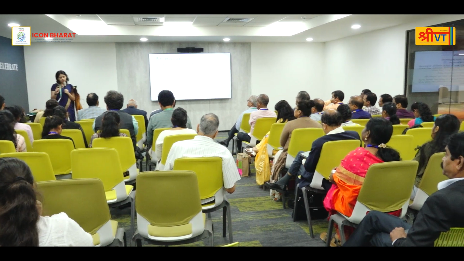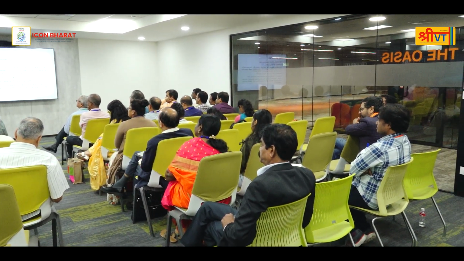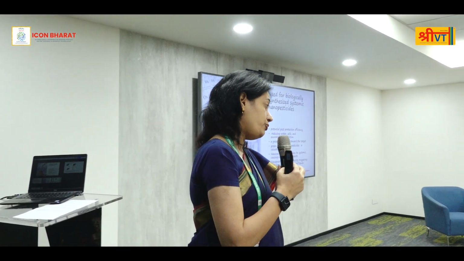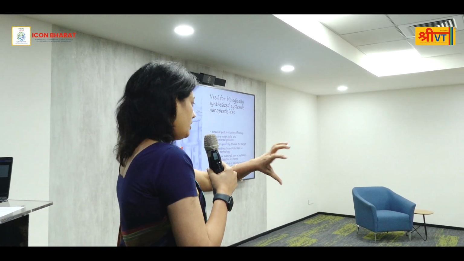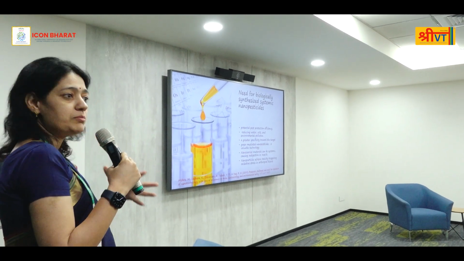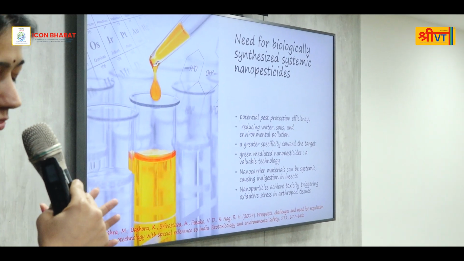The bad impacts of broad-spectrum chemical pesticides are that they generate a lot of resistance in the non-target pests. Nanoparticles should be used. What are the safe criteria for nanoparticles to be used for different crops? Because the absorption pattern of crops is very different, and the consumption pattern is different. So we thought that you just can't have one size fit all.